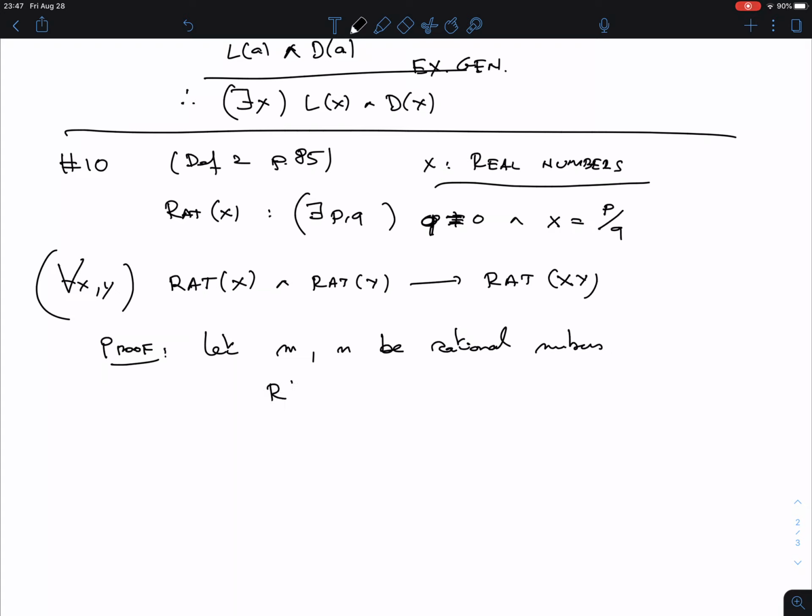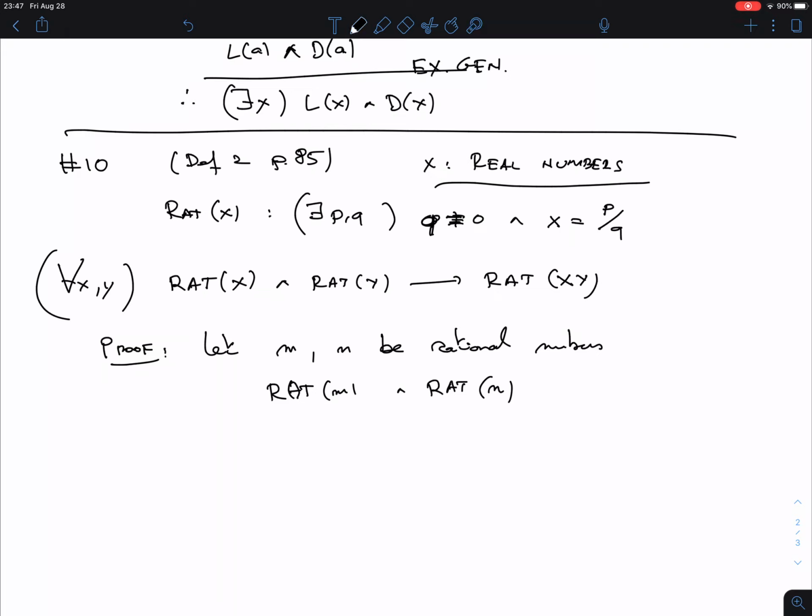In other words, that means ret of m holds and ret of n holds. A direct proof, that's the only proof I so far have discussed, of implication is you assume that the hypothesis is true and the only thing you have to show now is the conclusion. Okay. Now ret m is this, formally it's this statement, so I can unravel the definition here if you want,